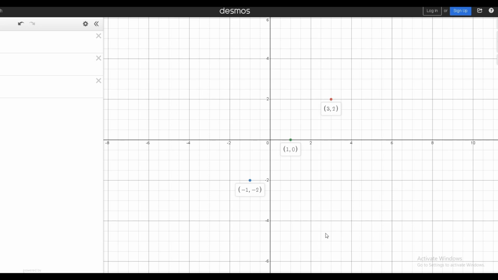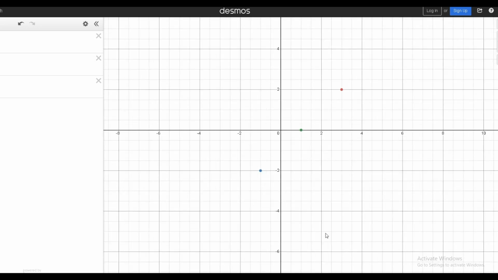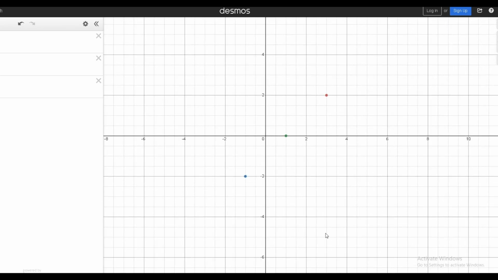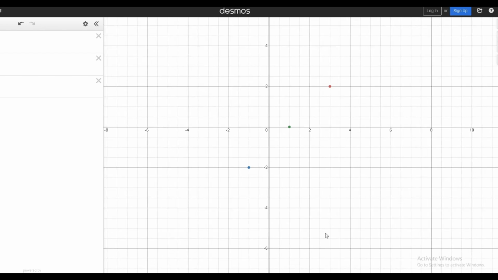So 1, 2, 3, 4. There we go. So now we can see the distance between these 2 points. So this distance of the line and this distance of a line is equal to one another, which is a geometric property, right? And we'll get to that another time. But for now, this is how we show proof that our formula